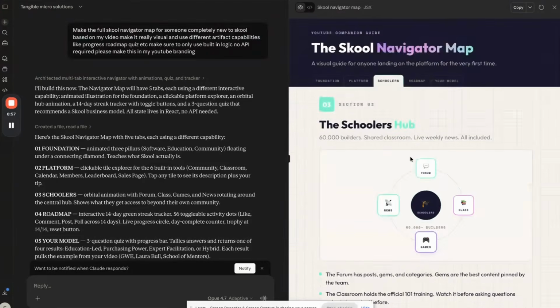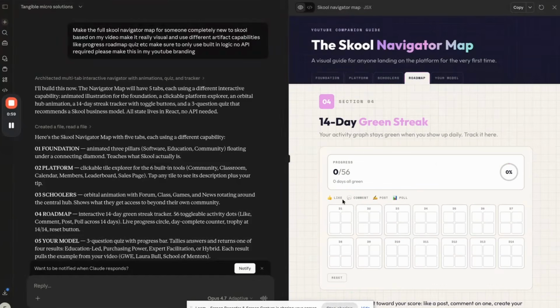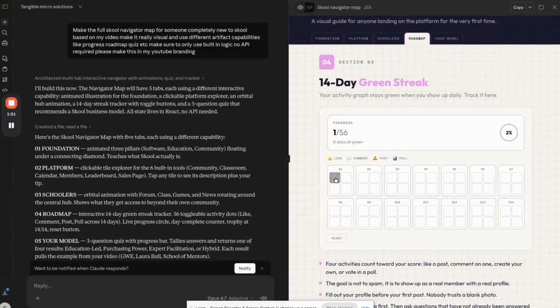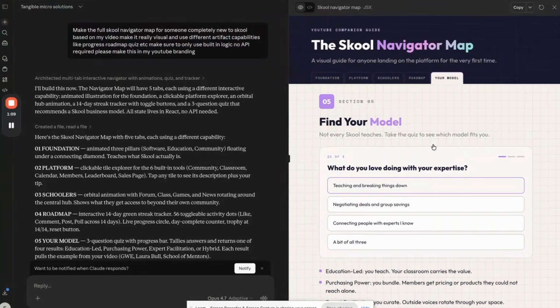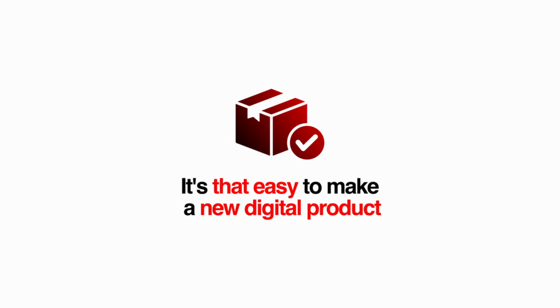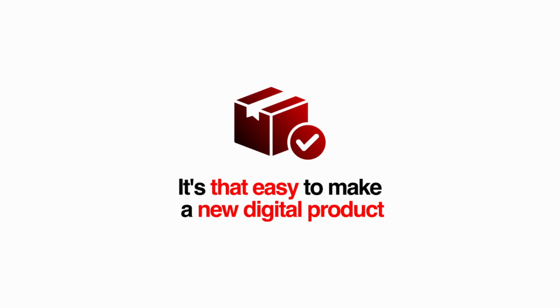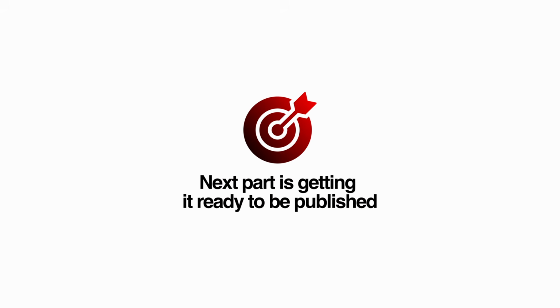Now you see the Skoolers Hub. Now you see the roadmap, 14-day green streak. Woohoo! Very cool. And then you also see your model, find your model. So this is amazing as a first starting point. Beautiful. We just created a new digital product from our existing content, and now we just need to get it